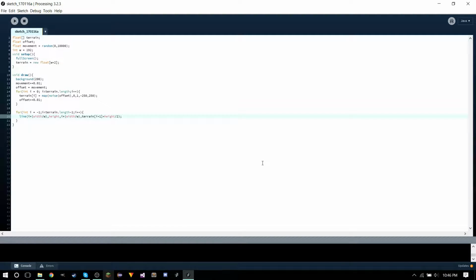But I'm guessing, doesn't matter what you're doing, you're probably not going to want your terrain to be a bunch of lines. So we're going to use shapes to actually draw the terrain. So I'll begin shape, and now I'm going to need 2 vertices, one at the bottom right of the screen, I'm going to need a vertex at the bottom left of the screen,